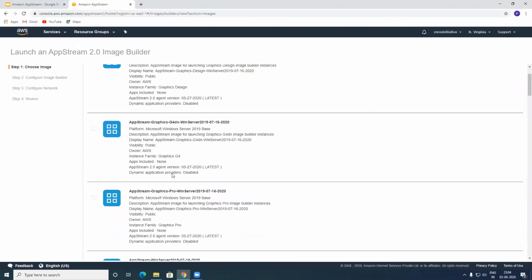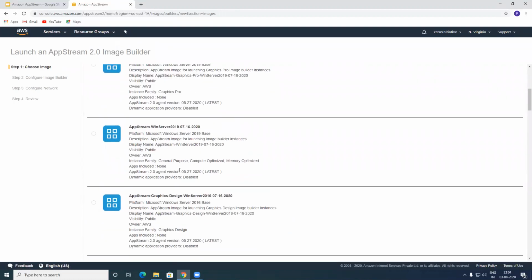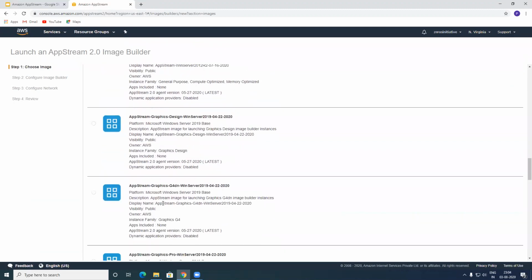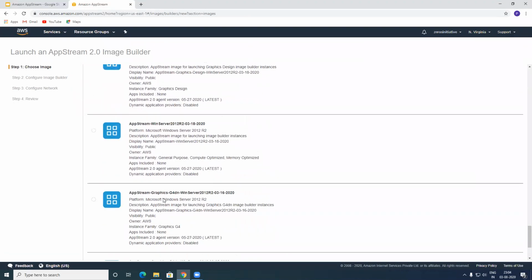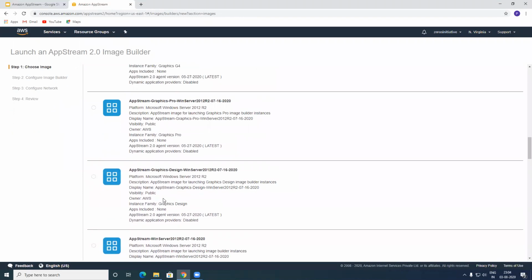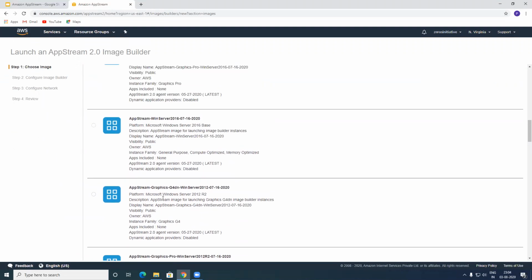You can choose any one of these instance kinds of images, and it works with general purpose, compute optimized and memory optimized. You can see that most of these are Windows servers. They are not Linux based machines. All of these are Windows based machines. So let's go ahead and see if we'll be able to do it. I think it should take a lot of time, but I hope you guys get the idea.